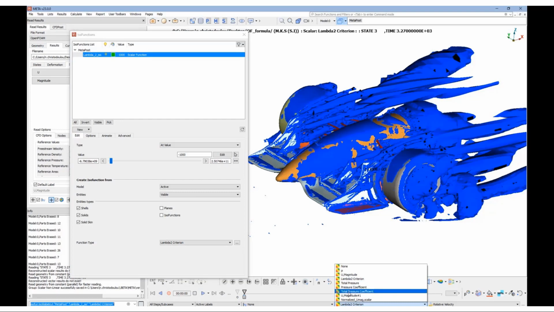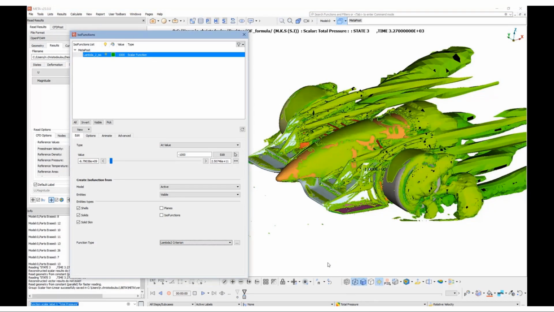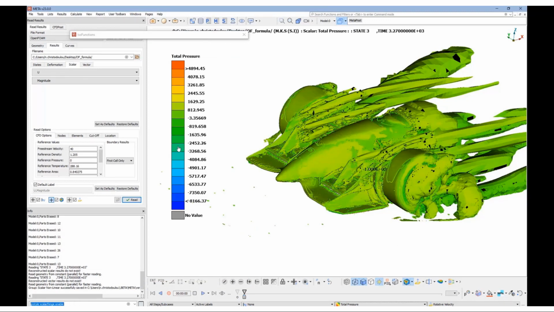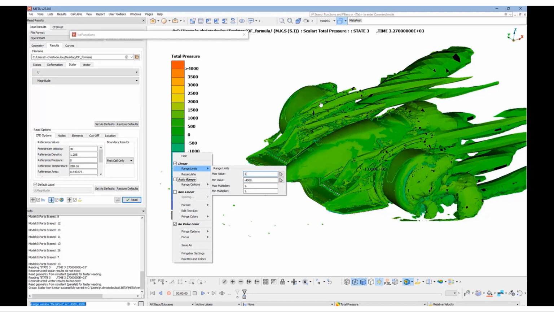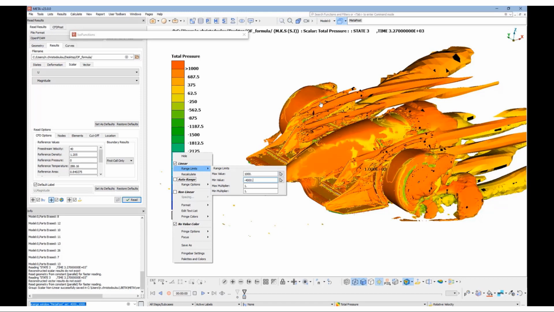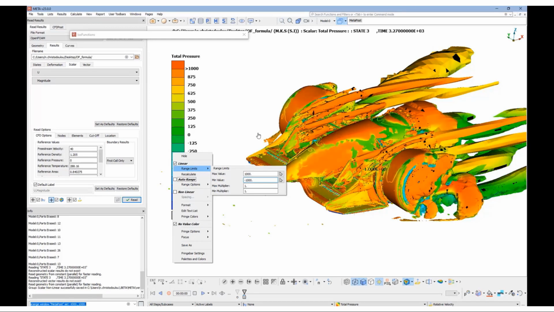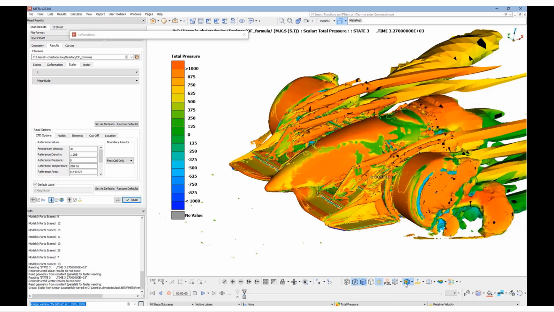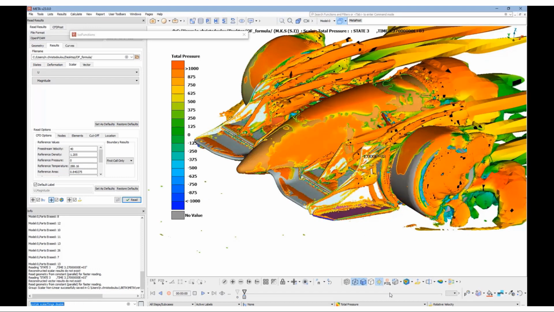And now if we activate the scalar that we have selected, total pressure, as an active scalar, the coloring is based on that. So the ISO function is created based on lambda2, but the coloring is of the active scalar. We can change the scalar range from 1000 to -1000, and we can also change the model coloring based on the ANSA part, for example, just to have a uniform color instead of the property coloring.